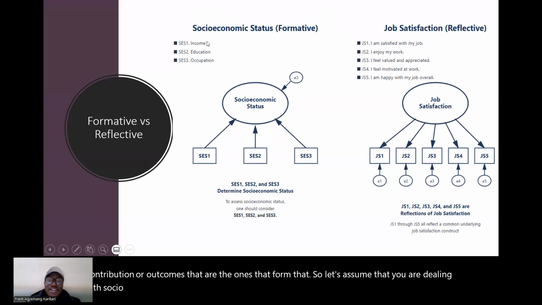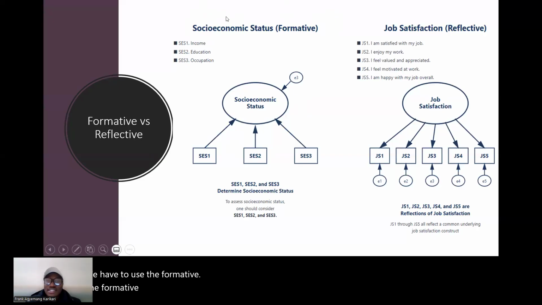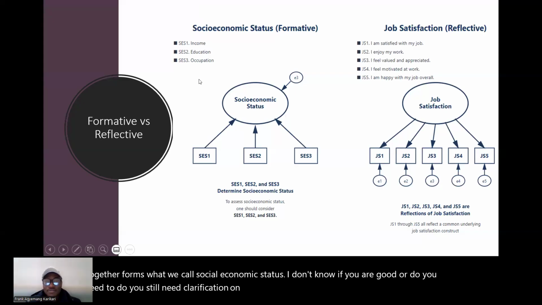Once we combine income, education, and occupation together, we have to use the formative constructs. And this is what together forms what we call socioeconomic status. I don't know if you are good or do you still need clarification on that? Yeah, I think it's okay, but I think the arrow we have at the top, the E3, does that presuppose